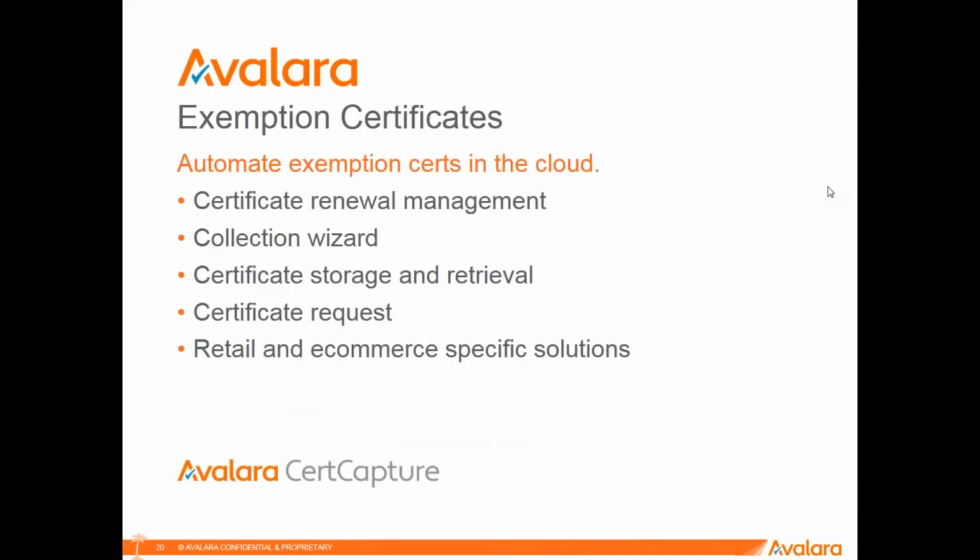Exemption certificates: I know I stopped a moment ago and explained how it works, but again the idea is to automate that exemption process and keep those certificates not in a shared folder and not in a file cabinet, but actually in the cloud and connected to the tax decision engine so that you can readily get that in the event of an audit. You've got all the sales data associated with that certificate married together at all times. It also allows for the renewal of the certificate process, being able to collect those using a wizard,